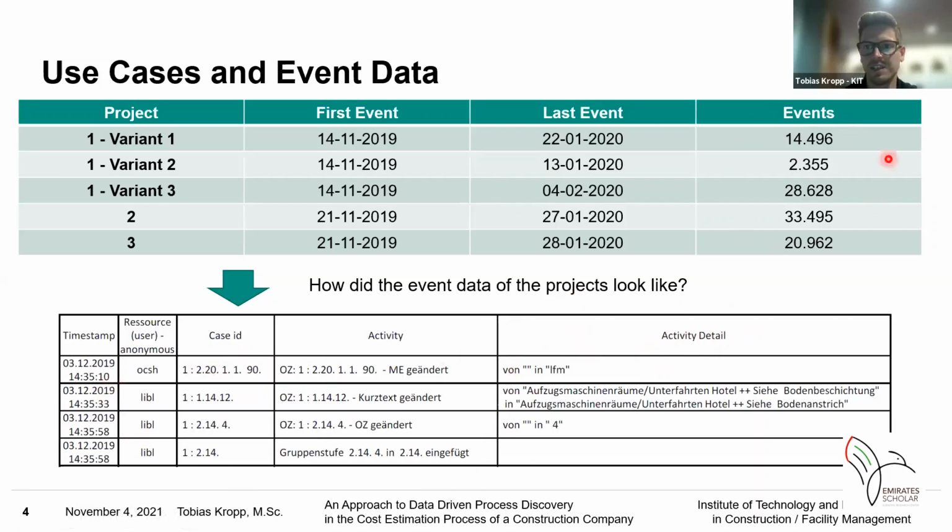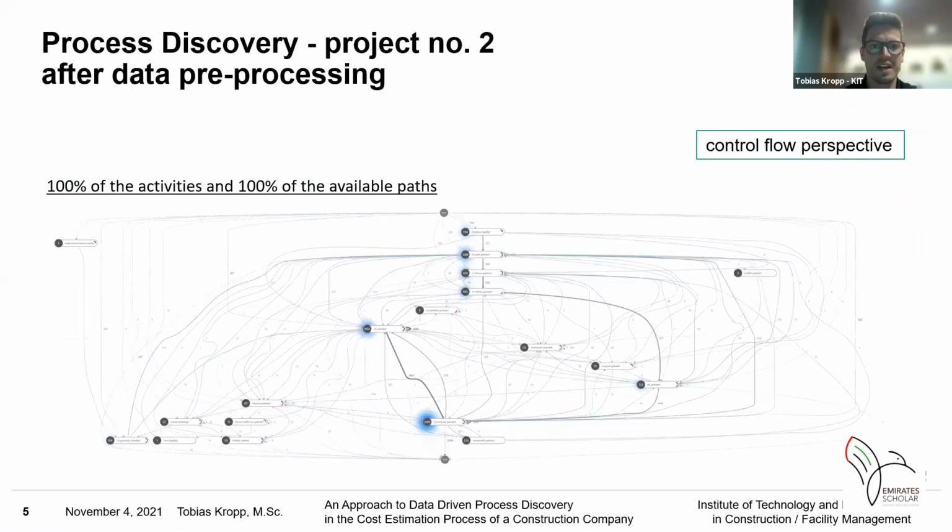You could see here, we had around 100,000 data points on the whole, and I'm going to present right now, by the second use case, by the second project, what kind of findings we have. Actually, you see, this is a really unstructured process model, but it visualizes the process that could be discovered by the event data.